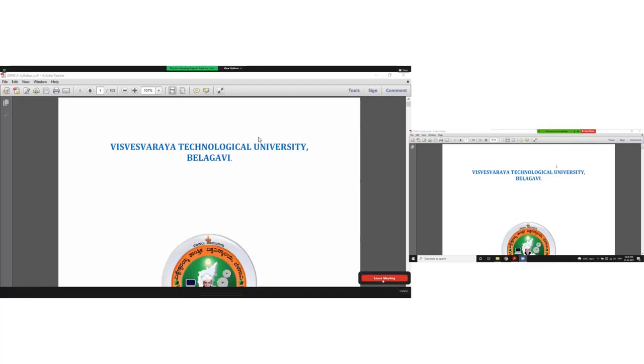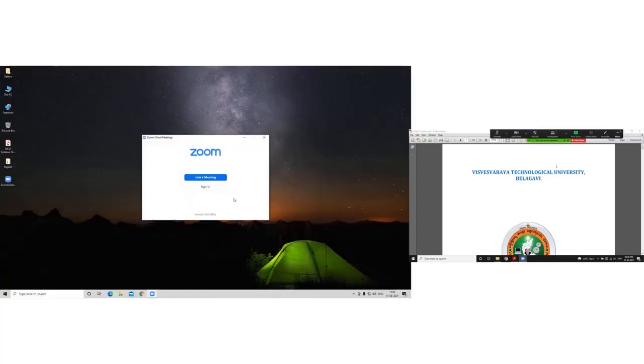So now you see you get an option called leave meeting. But when we saw the option where we create a particular meeting, you have both options. Either you can leave a meeting or you can end the meeting too. When you are just an attendee, you will be able to only leave the meeting. So I click on leave meeting and I come out.